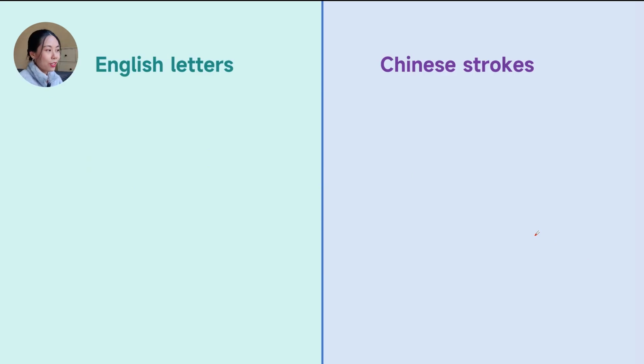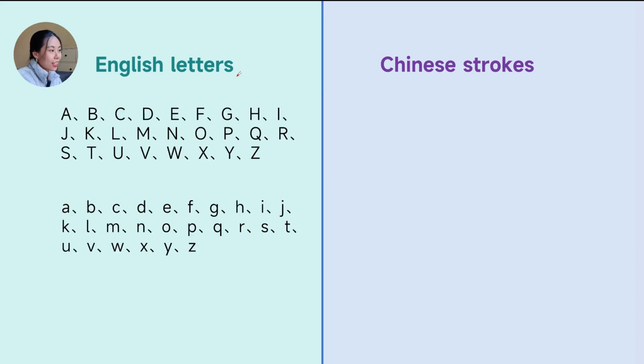Many years ago, when you just started to learn English, what were the first things you would learn? Yeah, that is English letters. We learn from A, B, C, D, E, F, right? There are 26 letters. Now let's get to Chinese. If you are going to learn to write Chinese, the very first thing you will learn would be Chinese strokes. And Chinese strokes, there will be